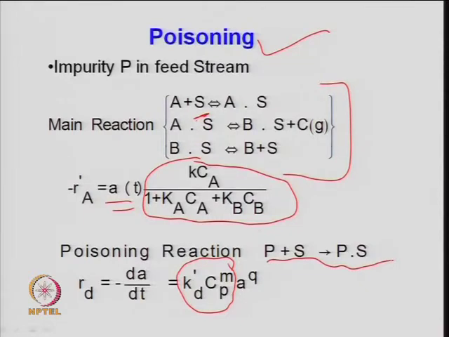So, we can very easily write here K_d times A to the power q, where q is the order of deactivation, A is the activity, and K_d is the overall rate of deactivation, because C_p is the concentration of the poison precursor present in the feed, which is taken as a constant here. But sometimes this may vary, that is the power by which the catalyst deactivator, suppose the sulfur precursor.